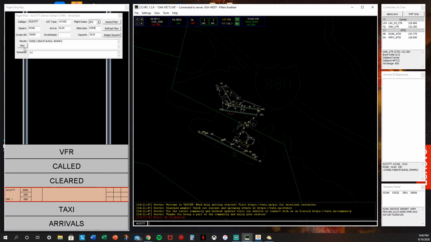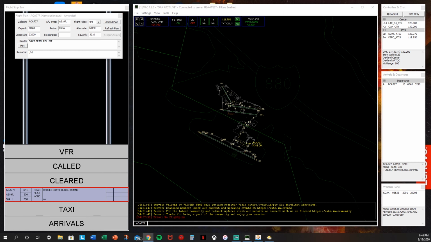So how that works is LA is east of Oakland, and so east will have odd altitudes filed. If he was going to Seattle, we'd put him on 320, and the route for that would be Oakland 5, probably to Grateful. Let's go Red Bluff. You could go Klamath Falls, and then